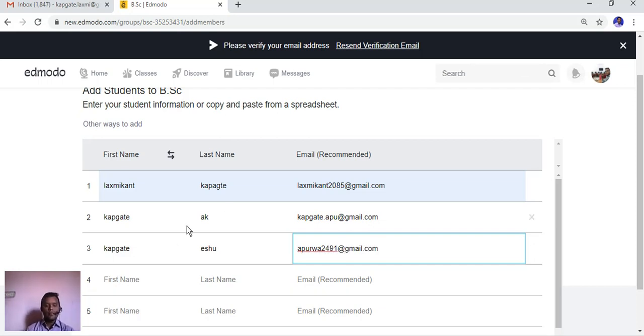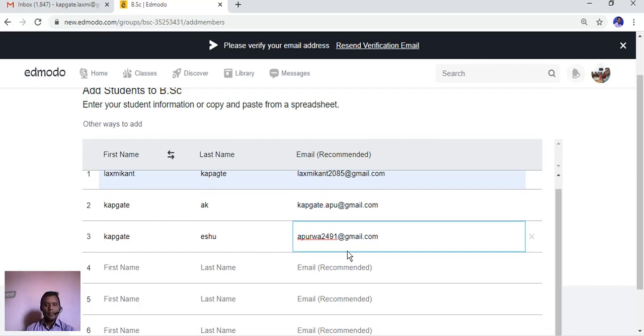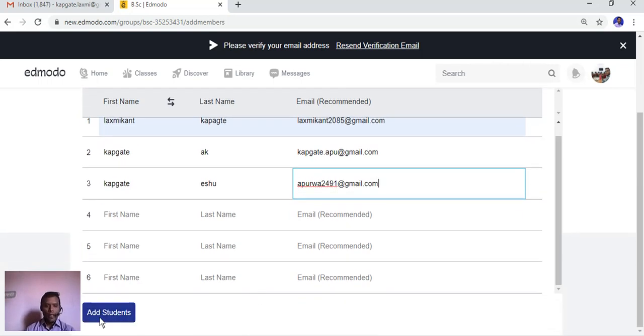So these are the three pieces of information of 3 students, and then you go and add student.